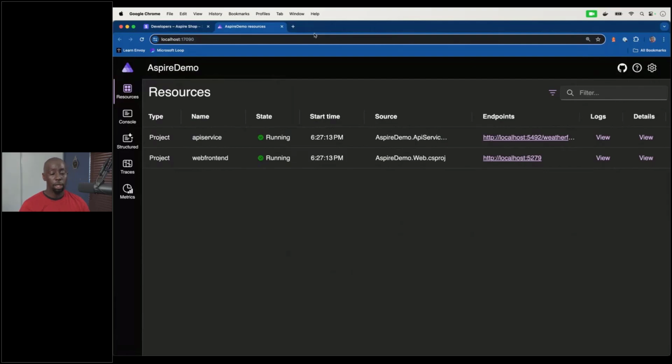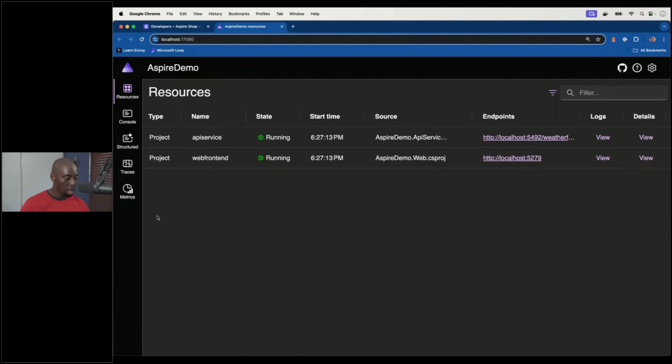So what you're looking at right now is the Aspire dashboard, right? The Aspire dashboard essentially just shows me all the applications that I have running, all the applications that are part of this quote unquote cloud native microservice solution. But it gives me a bunch of other stuff as well. Like I can see the ports and the endpoints that they're running on. I can look at the logs. If I look in details, I can see things like my configuration, my environment variables, some of the different settings it has.